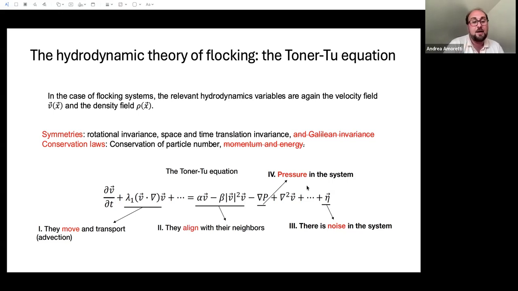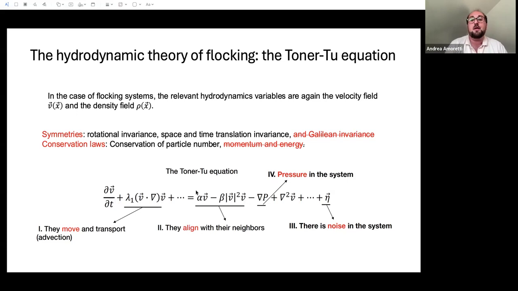So they retained this assumption, and they came out with an effective Navier-Stokes equation in which you have more terms than the standard one because you have less symmetry. For example, this lambda one was not fixed. You have a noise part eta because you want again to mimic the fact that birds make mistakes. And you have a term that mimics your activity, what makes the velocity aligned, which they model as a sort of Mexican hat potential, this potential here that I put in this equation.